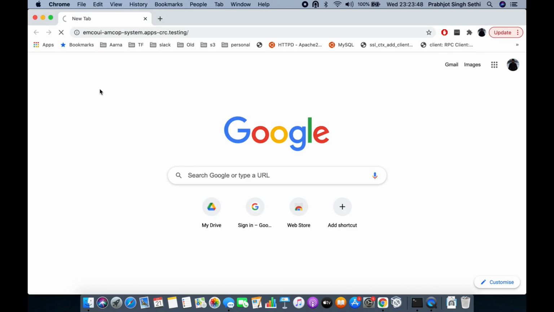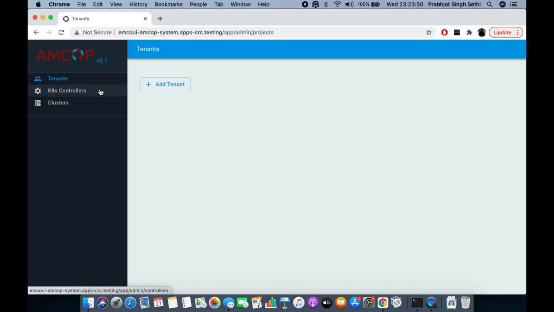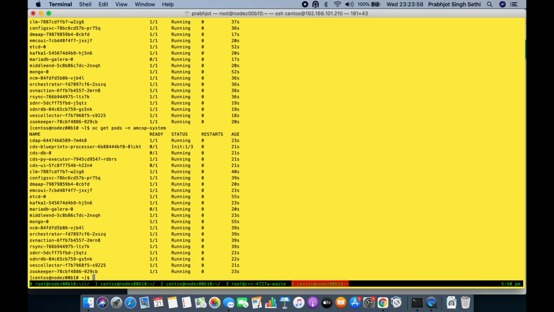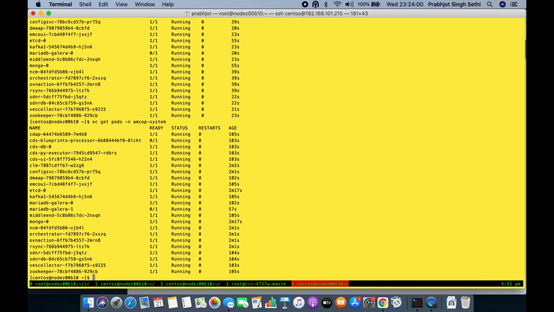So with this, let's try the UI. So you see the AMCOP v2.1 is already available in the UI. And in the meanwhile, let's see if all the pods are also up and available.